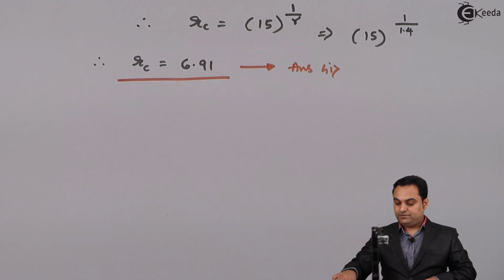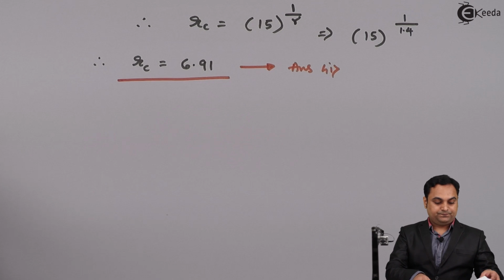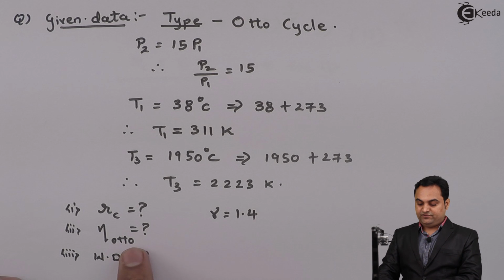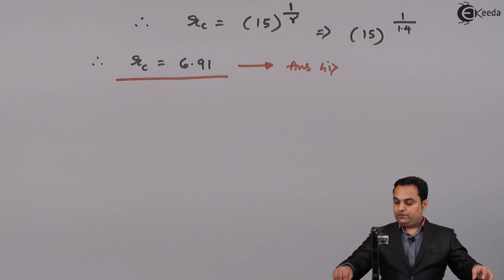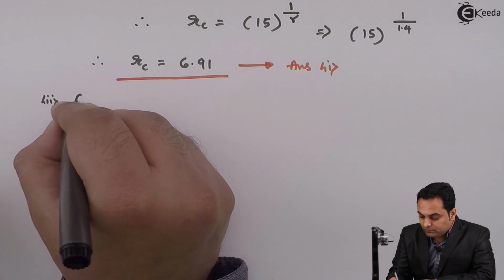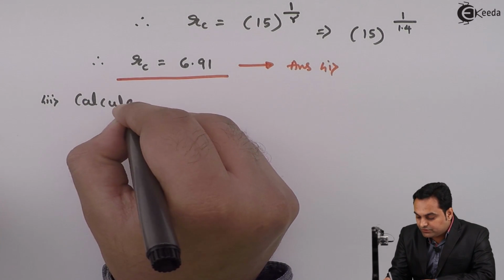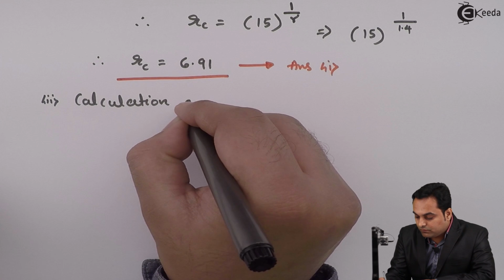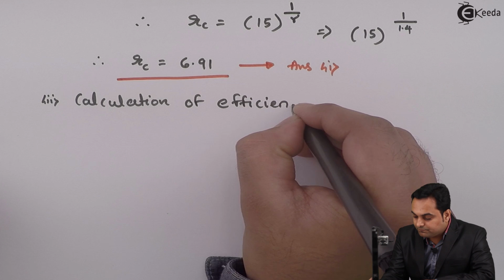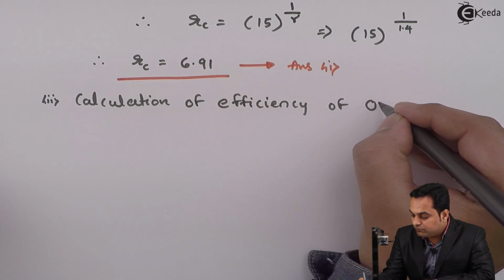The first answer. Next, the second question, after RC we have to calculate the efficiency of the Otto cycle. So here I'll write down calculation of efficiency of